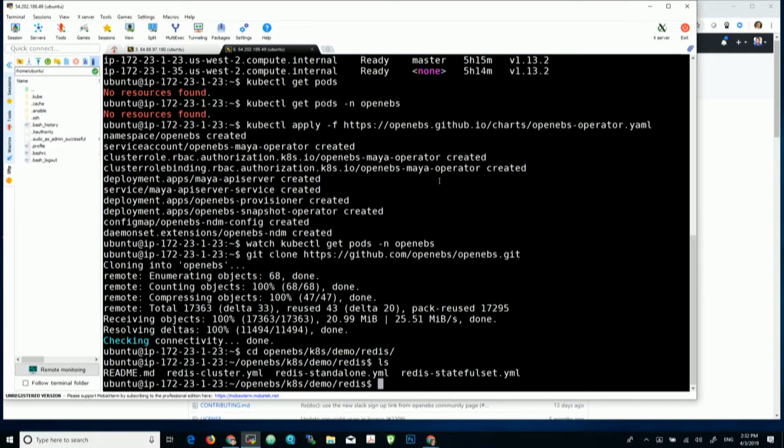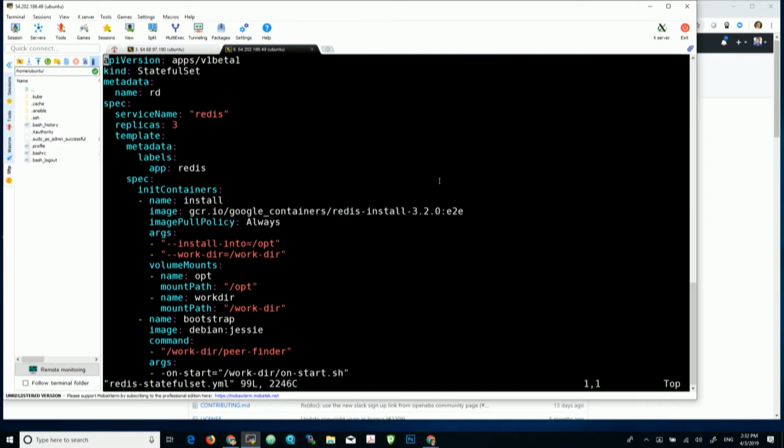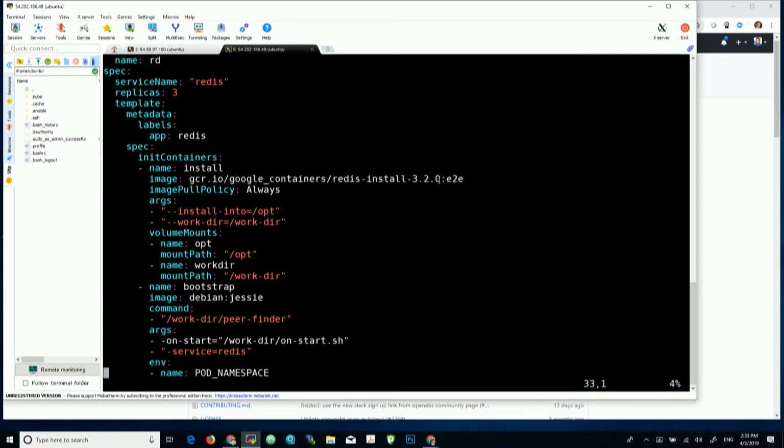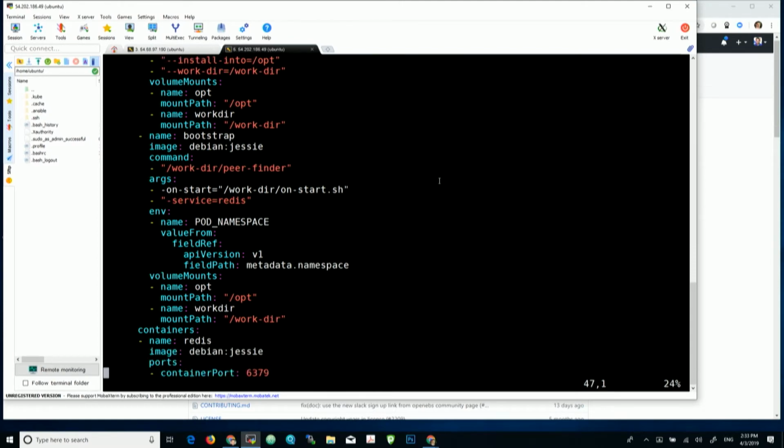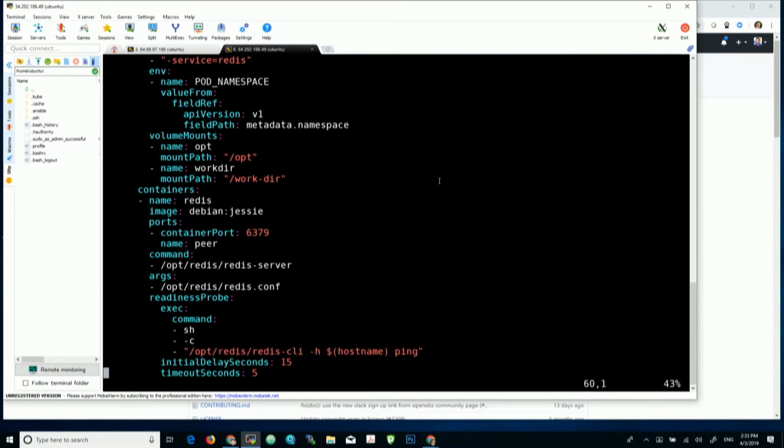So I have a standalone or stateful YAML file. This might be old, but let's take a look. Redis, what's in the stateful? So this is a basic stateful set. It deploys Redis with 3 replicas as a stateful set. The only thing I need to set here is